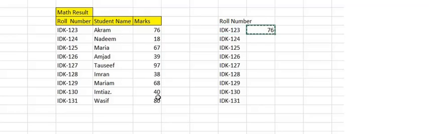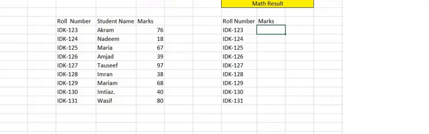Now drag down this information below or copy paste it, and you will see that the information is correctly pasted and received. We randomly check whether the information comes correctly or not. If we see ID 128 in the other sheet, is it 38 or not? So ID 128 is against Imran, his marks are 38, so the result is